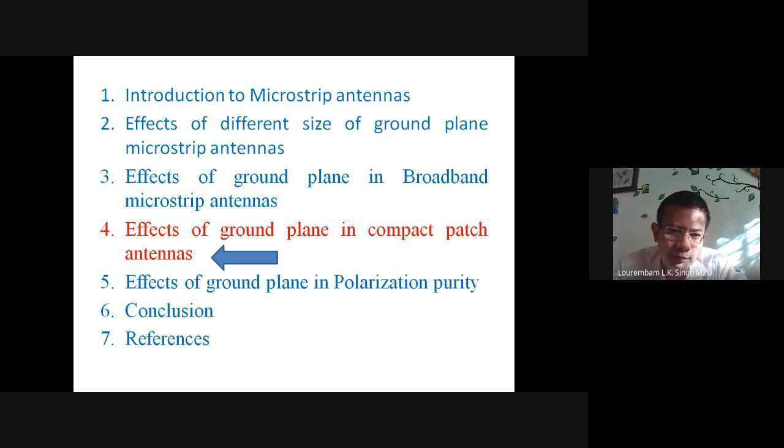So that will have an impact on reducing the size. Otherwise, what will happen if an antenna is supposed to work at a lower frequency, the size of the antenna has to be bigger and bigger. But what we are doing is that the size of the antenna, let us say this is working at 5 gigahertz,